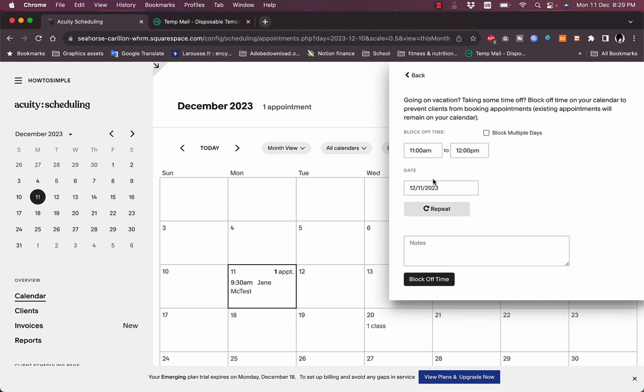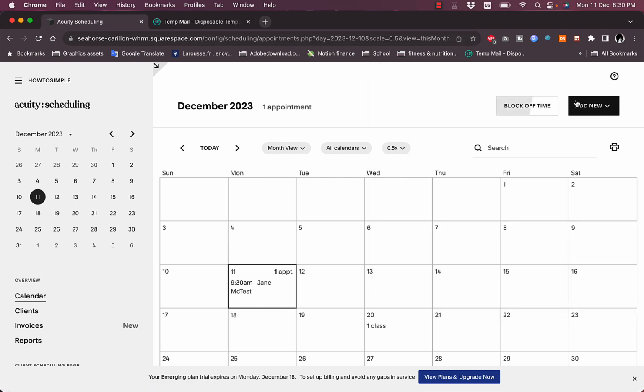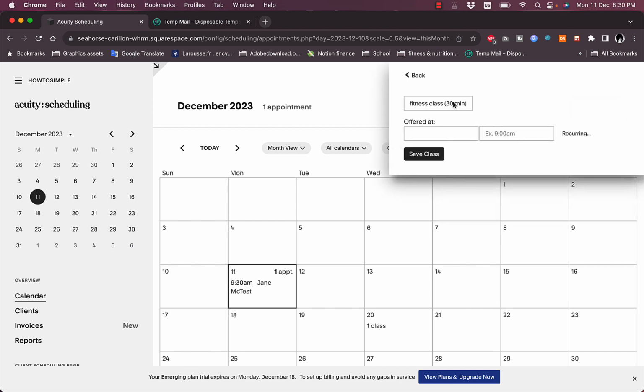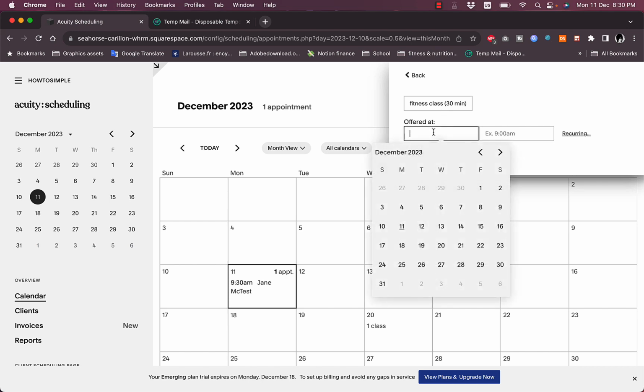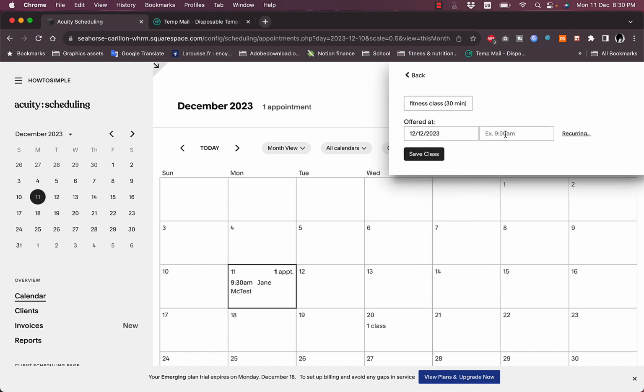to 12 p.m. on this date, and I can repeat it if I want to. I can add it. And let's go back. Now let's add a new, I can add a new appointment, class, or order. So if I add a new class, let's say fitness class, 30 minutes, offered on the 12th, that's tomorrow,